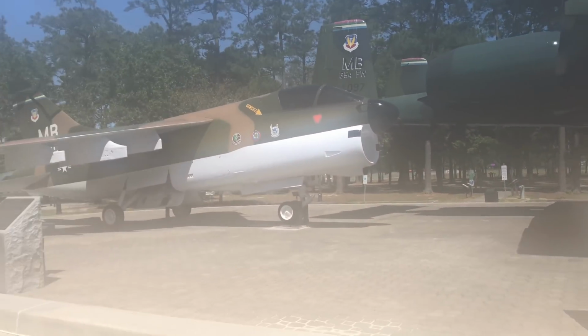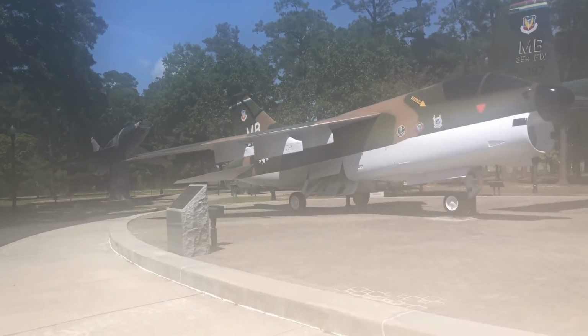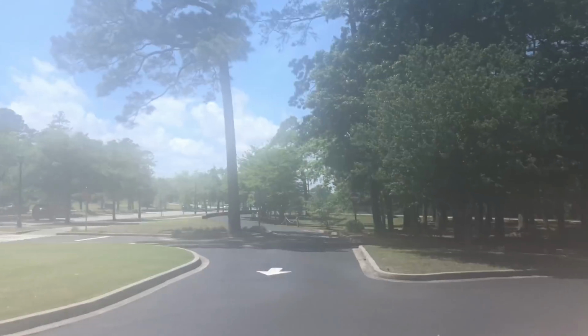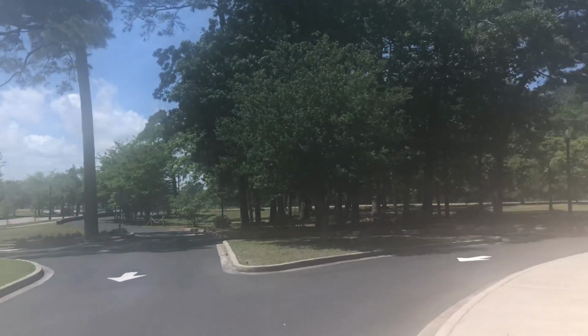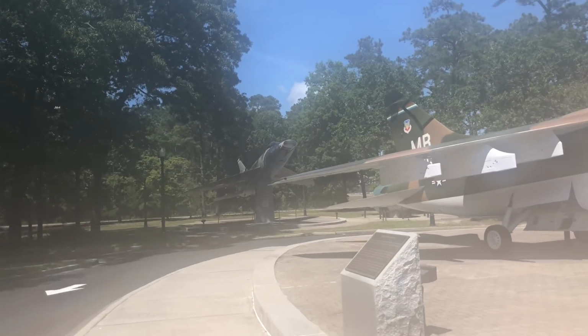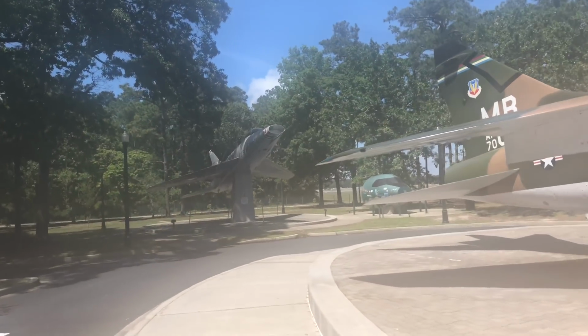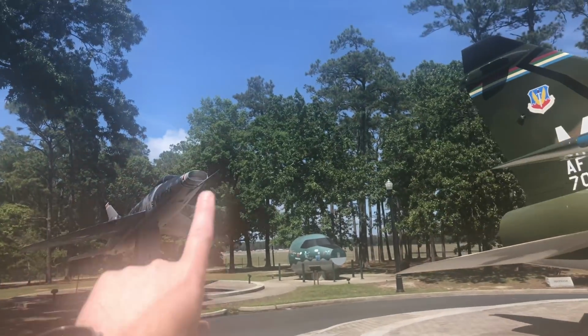This area was dedicated to the men and women of the U.S. Air Force and families who lived in this community here, because this was an Air Force base from 54 to, I believe, 93 is when they closed it. But you can come here and you can see some of the aircraft that were utilized on this runway right